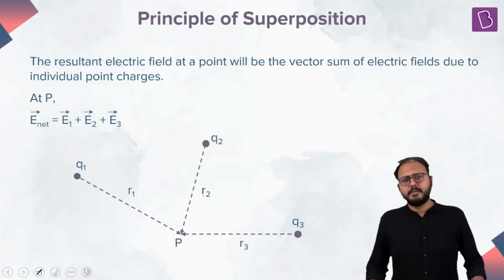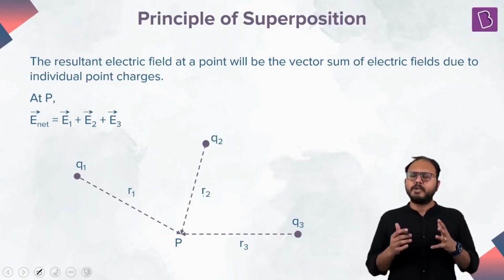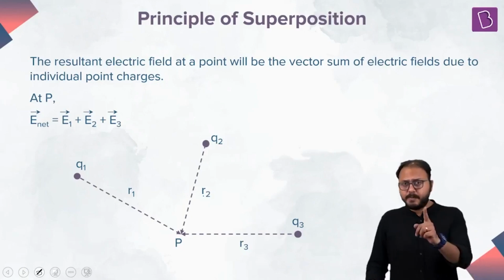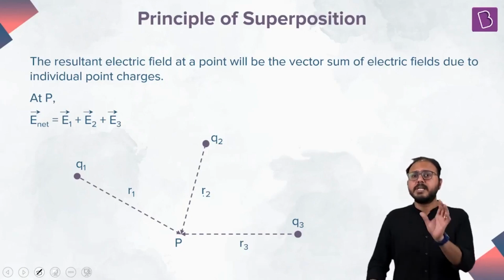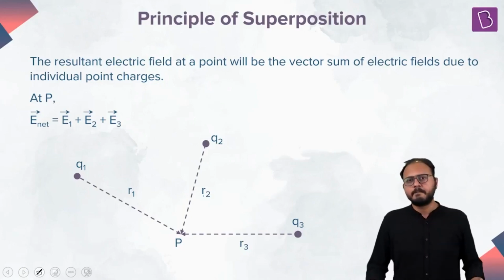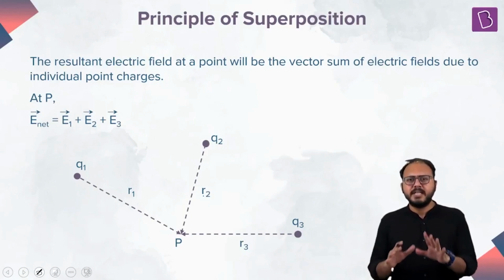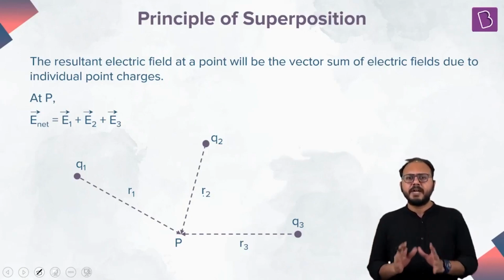Principle of superposition. This we studied in defining electric force. In fact, any vectorial nature is actually following the principle of superposition. I explained to you what the principle of superposition actually means in totality. In its absolute sense, it means when multiple phenomena are happening simultaneously, the total cumulative effect is the vector sum